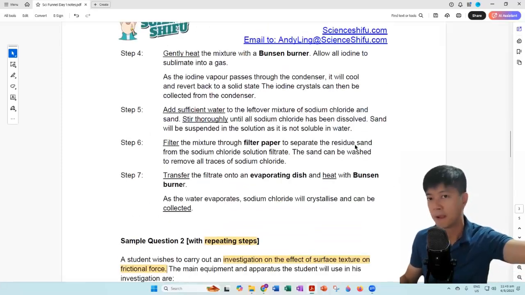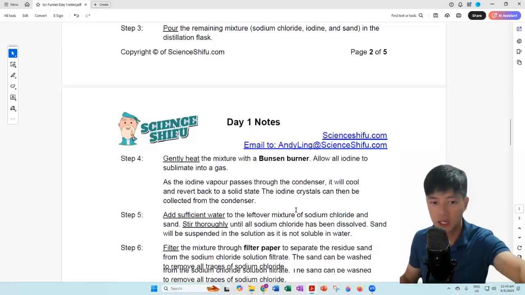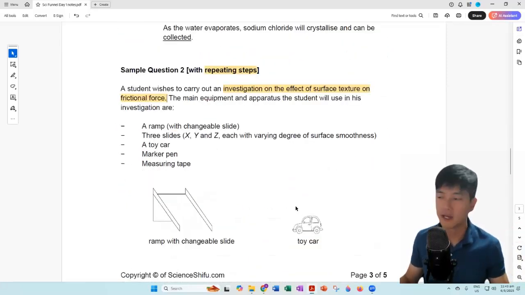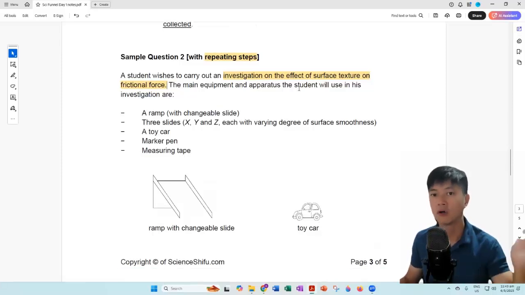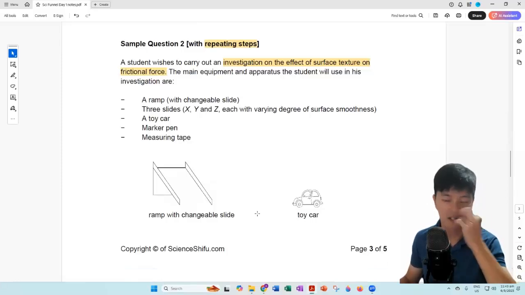Not like the previous experiment, you don't have to repeat, because we are just simply finding the steps to separate them. We are not going to repeat again how to separate them. But for here, we want to measure the distance that the frictional force affects, the toy car. So we need to repeat 3 times for the particular surface texture. And just to get a more accurate, more consistent result, repeat 3 times, take the